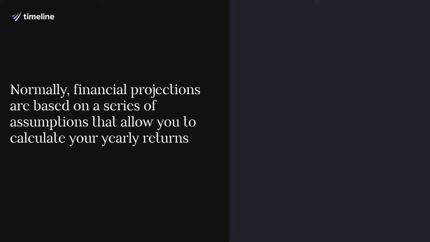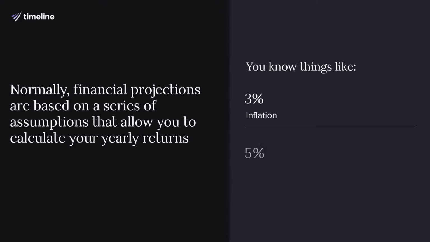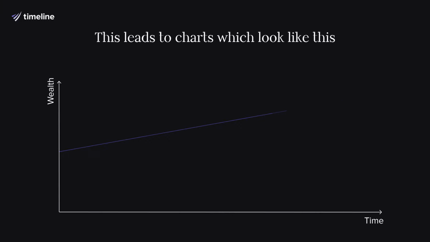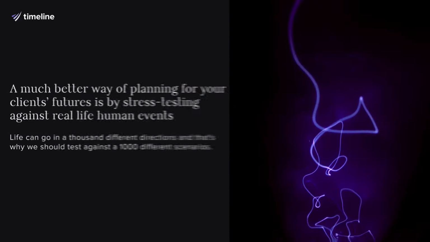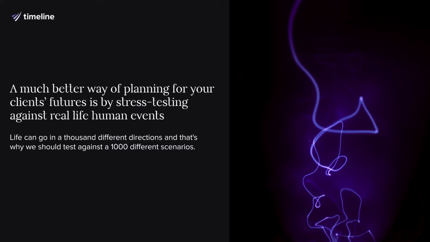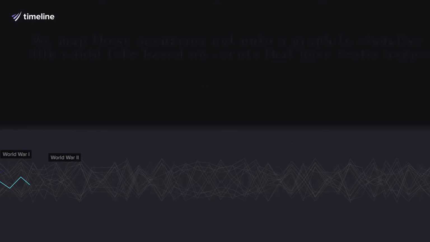As you know, normally financial projections are based on a series of assumptions that allow you to calculate your yearly returns. Things like 3% inflation, 5% annual returns, which leads to straight line charts like this, showing wealth growing predictably over time. But with inflation and world events showing how dangerous finger-in-the-air assumptions can be, we need a more evidence-based approach. Timeline solves this problem with a huge set of data on inflation and asset type returns over 120 years